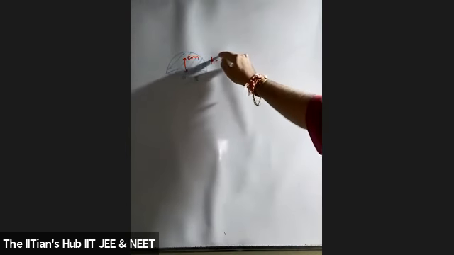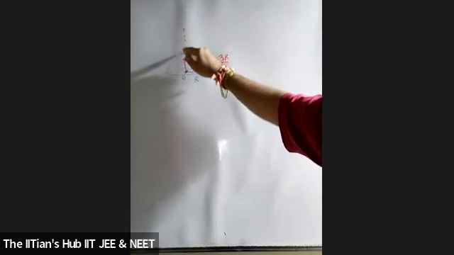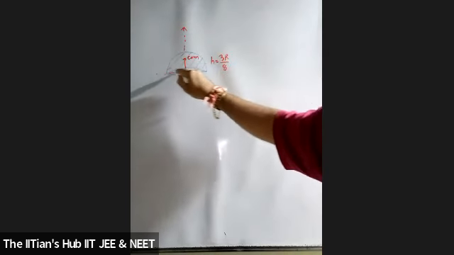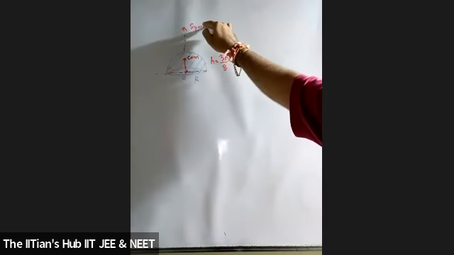3r/8. Where? On the symmetrical axis. With the symmetrical axis, I'm taking it along y. Since it is at a height of 3r/8 along which axis? Symmetrical